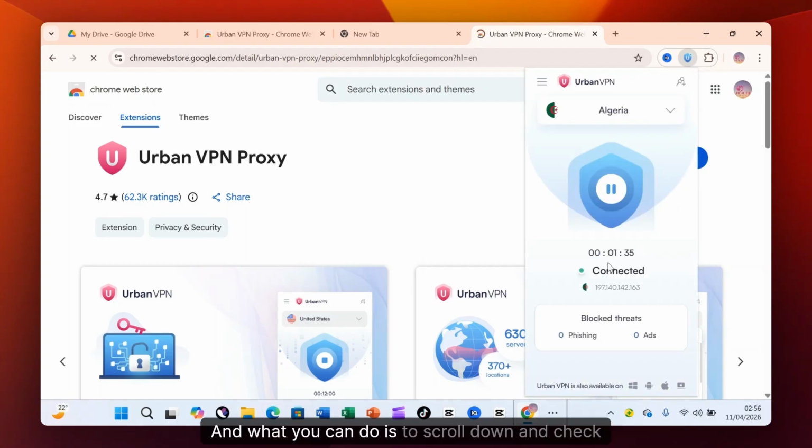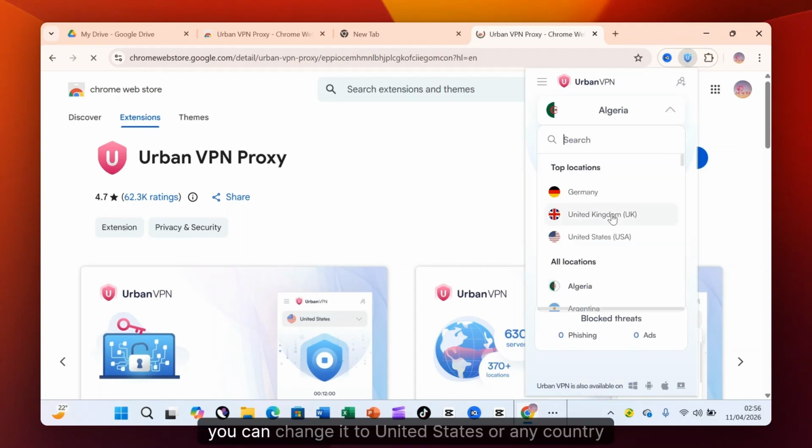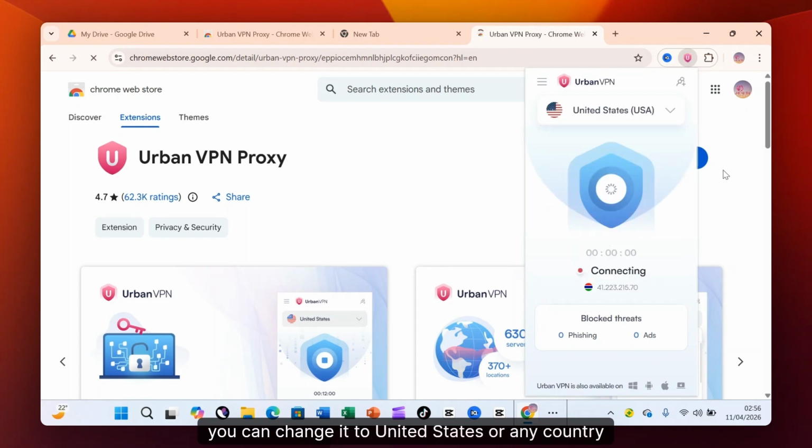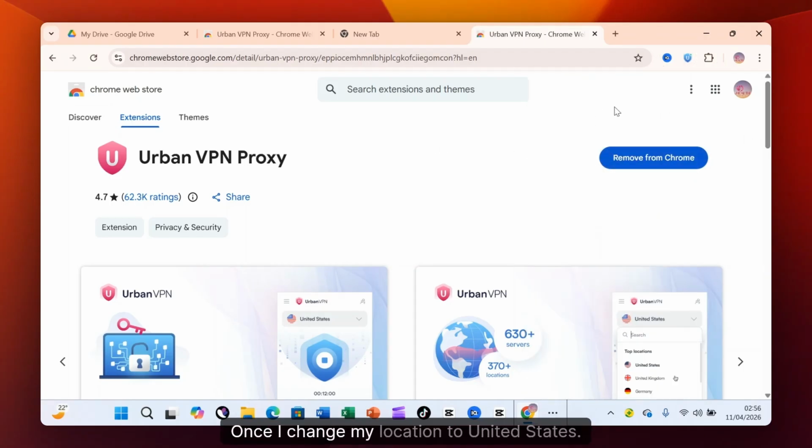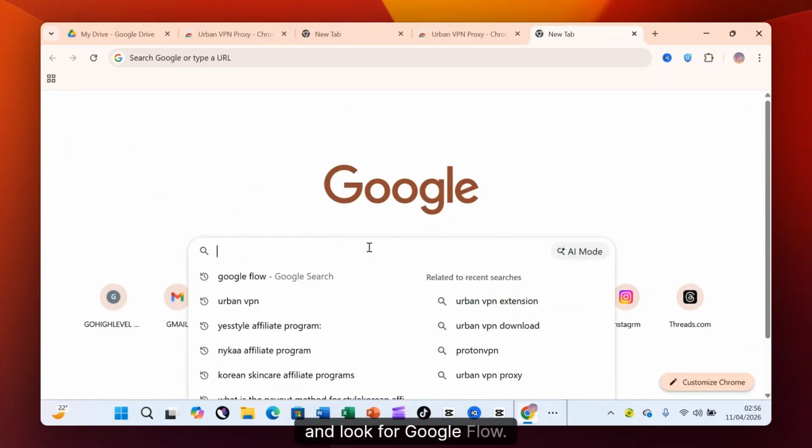And what you can do is to scroll down and check the country that it is allocated. Here we have Algeria. You can change it to United States or any country that you want to take your VPN to. So right now I'm going to change it to United States. Once I change my location to United States, you will now go to new tab and for Google Flow, look